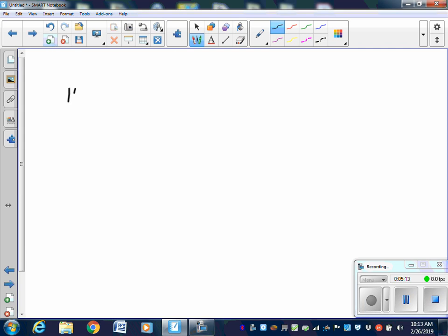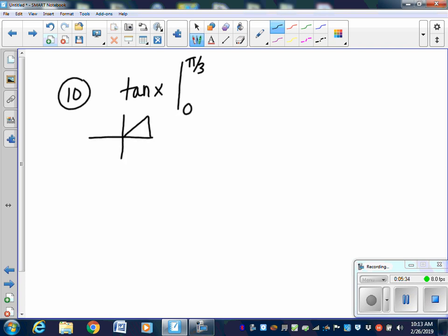So for number 10, I'm going to anti-derive secant squared x, and I think most of you know that it's tangent of x when you do anti-derive secant squared x. You draw a straight line to show that you did find the antiderivative, and then go from 0 to pi over 3. You should not use a calculator. You should be able to know that that's 60 degrees. Opposite of 60 is the square root of 3, 1, and 2. The tangent of that picture is the square root of 3 over 1, which is the square root of 3,